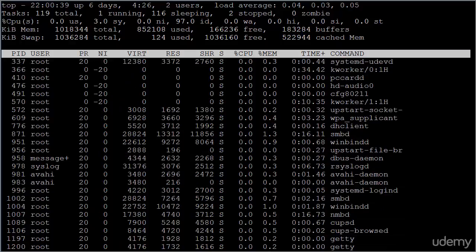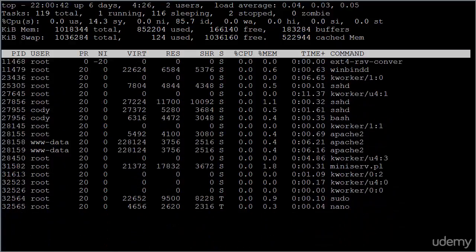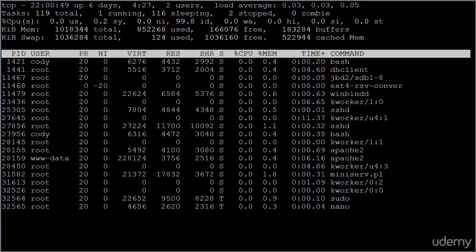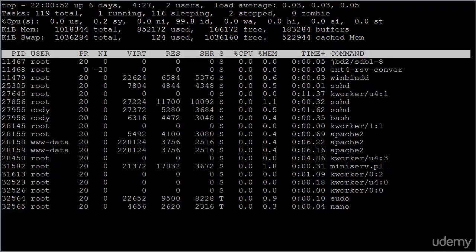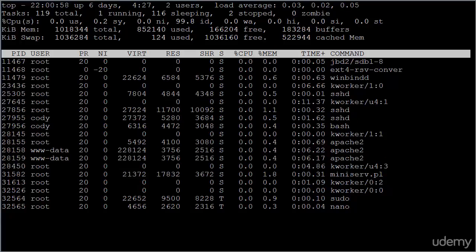So you can see that first column there is the PID. And now this is really interesting. You can now see that on top it is showing nano and showing that nano is still active. So if we want to kill it, we will use its PID, or its process ID, which is